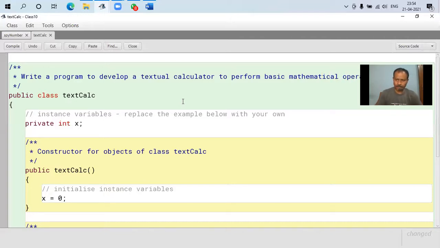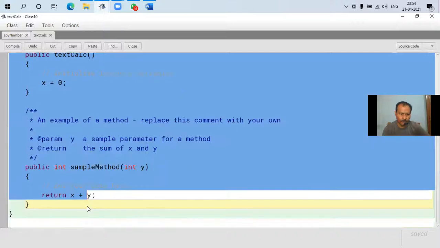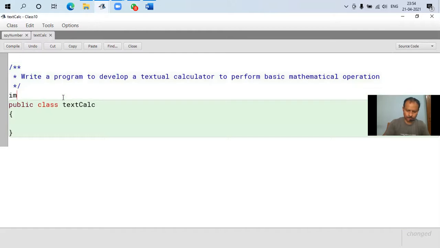So what would be the basic mathematical operations? Addition, subtraction, multiplication, and division. So we are going to accept the values from the user and use them. So I'm going to use the Scanner class. Why Scanner? Because it is easy. It needs fewer programming